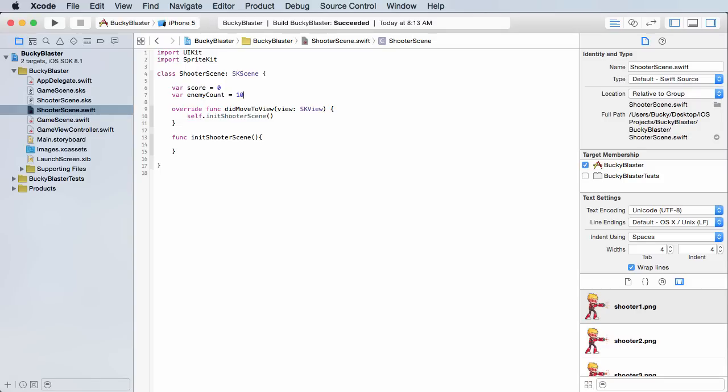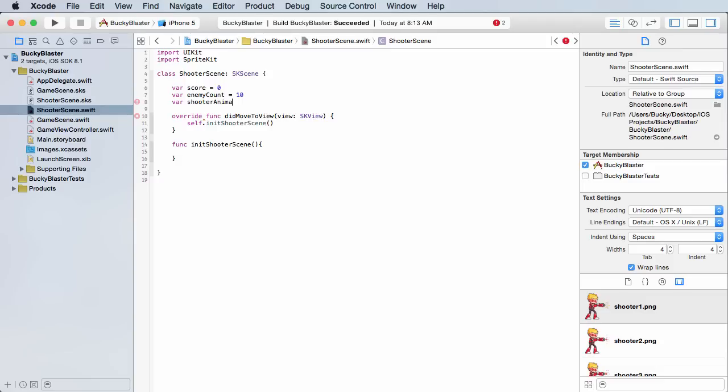And we need to tell our phone how many we want to create. How many enemies do you want to have? Well, we just don't want them to go on forever, so we'll say have 10. So ideally, 10 out of 10 would be the perfect score. You can have an infinite amount and a time limit if you want, but I'm just going to have 10, keep things simple. So after this, I'm going to add one more variable, and it's going to be called